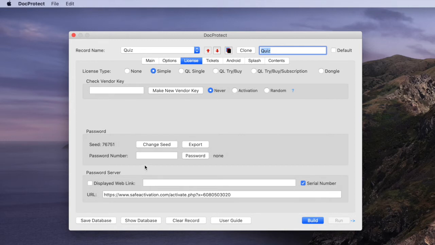where on first launch the user is presented with a dialog and it shows a unique password number. The user gives that number to you, the developer. You put it into DocProtect, click a button, and give back the unique password required to activate that application on a specific user's computer. If you want to automate that process with online serial number activation, you can link your